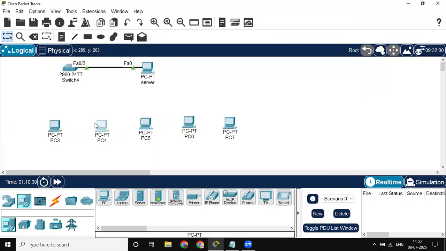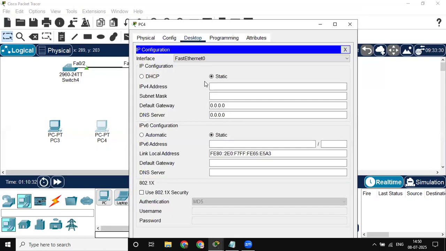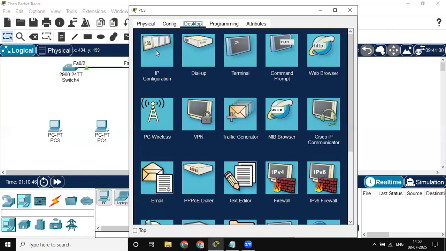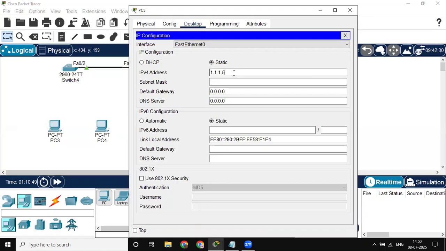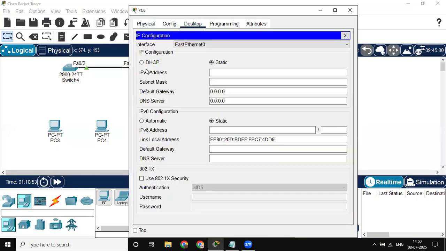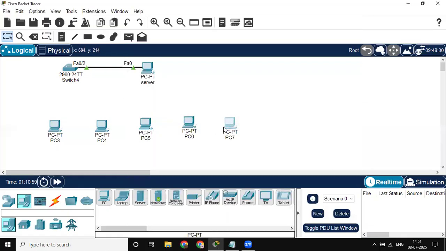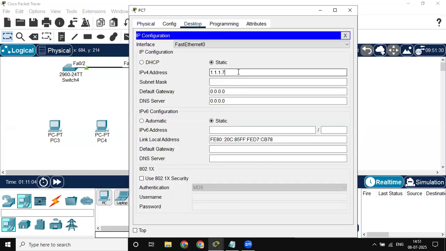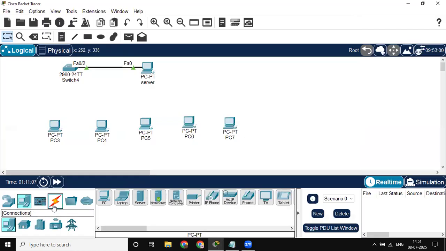Okay. This is 1.4. Okay. This is 1.5. One dot six and 1.7. Okay. Like this, if I'm having